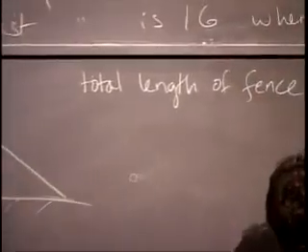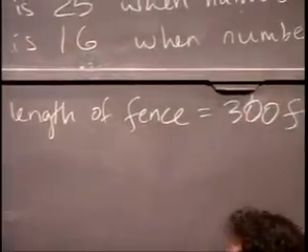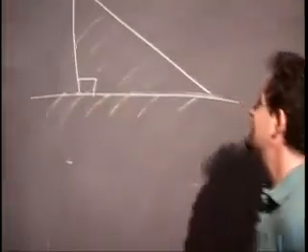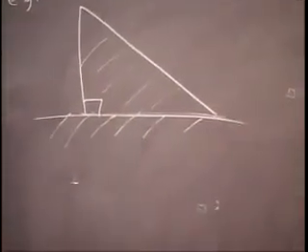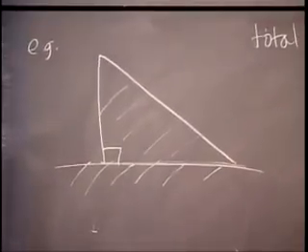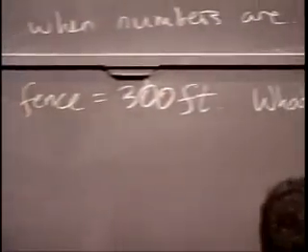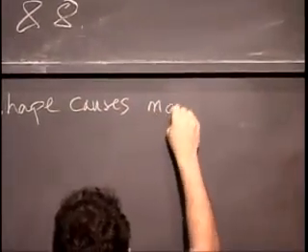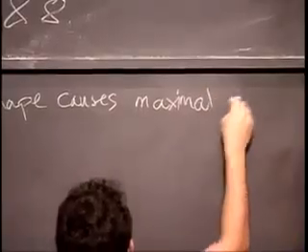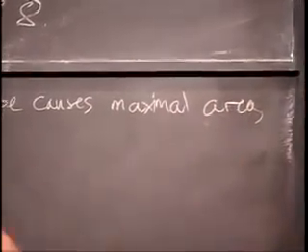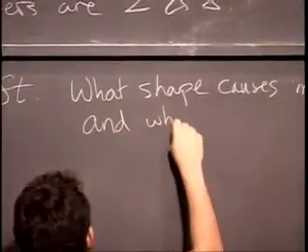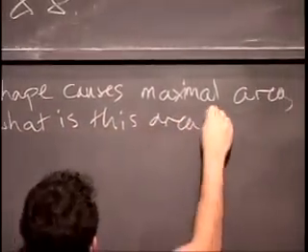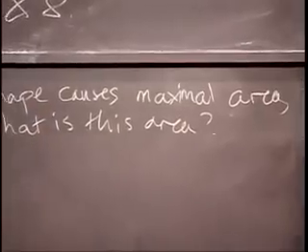The fence is 300 feet. And the question is, what shape should he make this right-angled triangle in order to maximize the area of the field? So what shape causes the biggest area, maximal area? And I might as well say, and what is this area? I say what shape. I mean, the thing is, I've got to say subject to